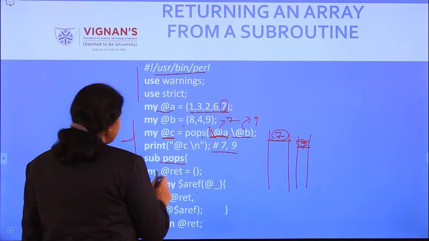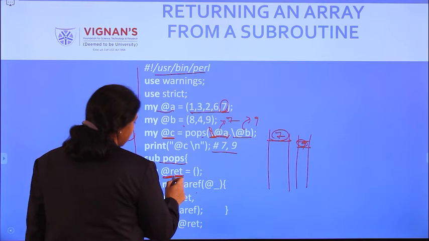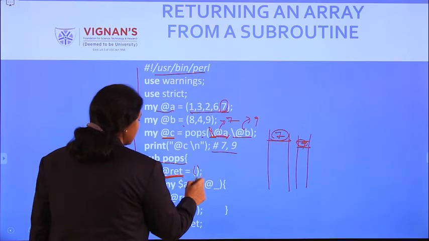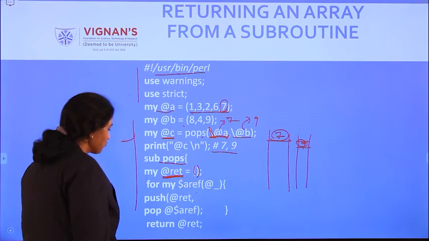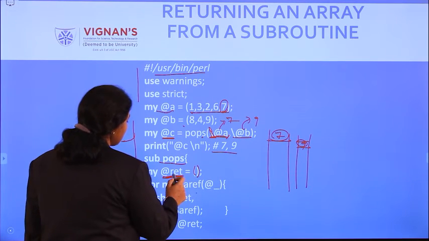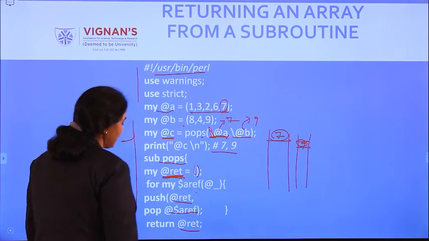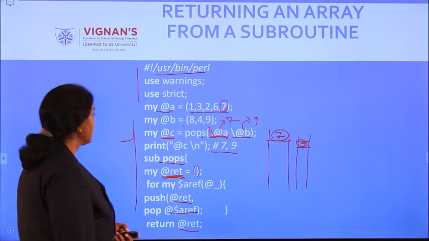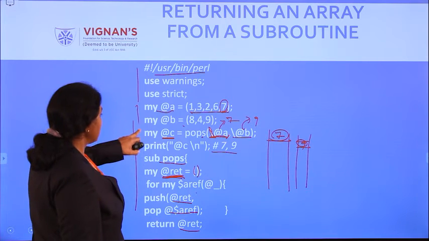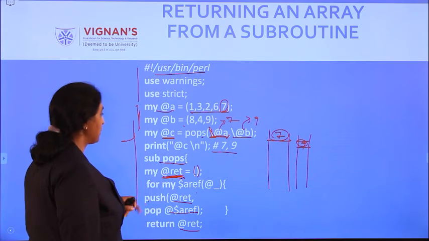Now sub pops, here with a return statement, we are using RAT as the variable with nothing passed into that. Now here we are doing the push operation. First whatever is stored in this iterate return, that is pushed. When you are returning, you are able to return the 7 and 9. First whatever data is there, we are pushing onto the stack and we are popping.